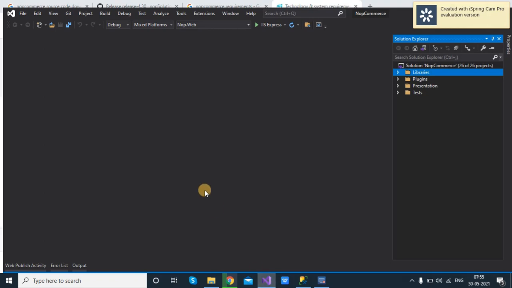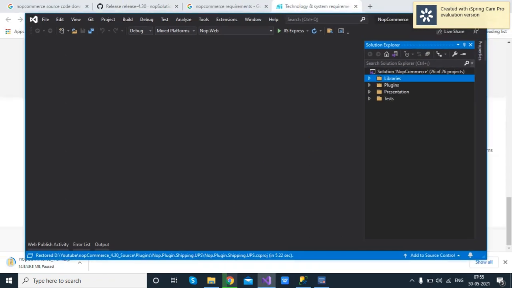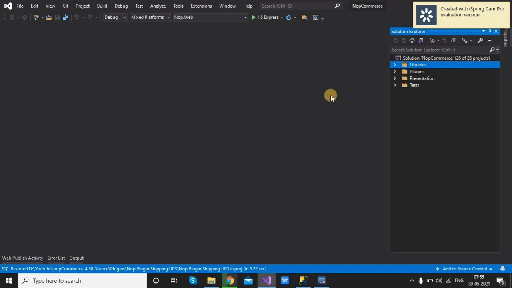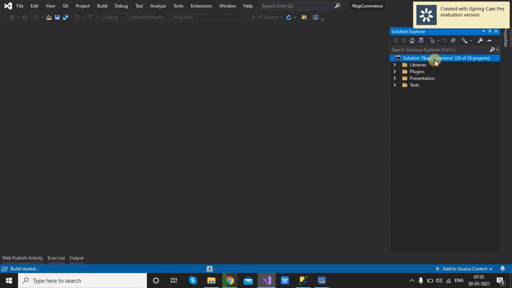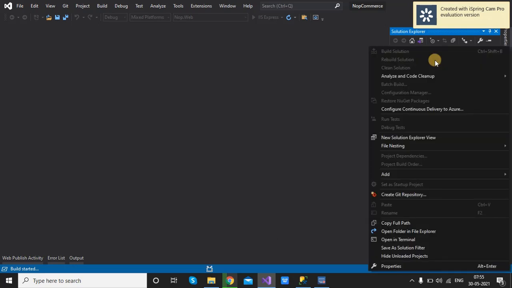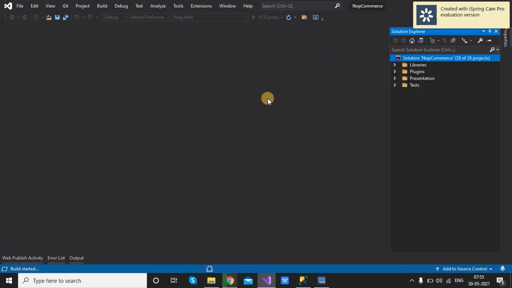Now our application has been loaded. Right now we are not going to look at the folder structure and all. The first time, simply build your project with Control Shift B, or you can build from the top of the solution: right click on it and build the solution.